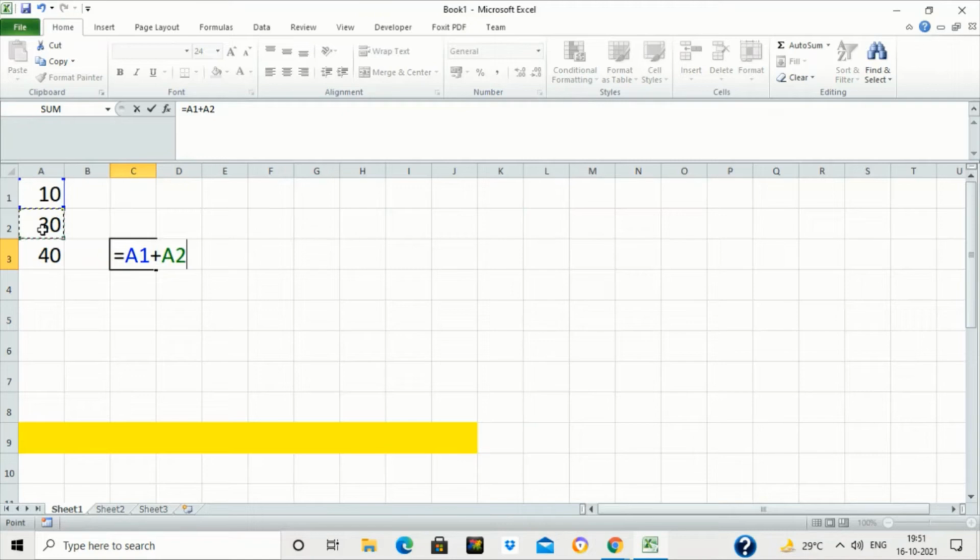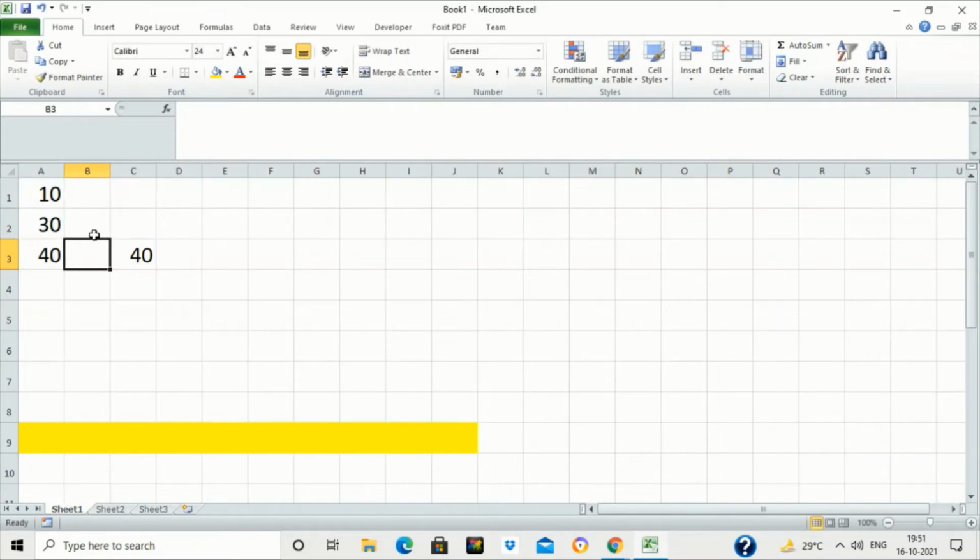It is showing A2, because A2 is the address of the cell where 30 is written. Press enter, it is showing 40. So both ways we are getting the result. If I write 10 plus 30, then also you will get the result. If I write equal to A1 plus A2, that is the cell address of the values where we have written these values 10 and 30, then also you are getting the result.